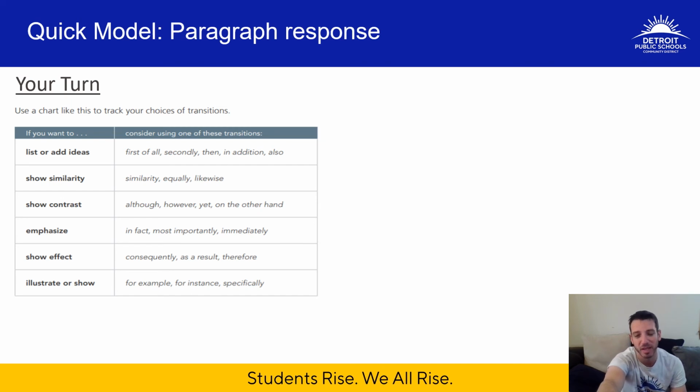You don't have to, but for me, that's an easy way to double check and make sure it truly is a transition word or phrase. I also wanted to remind you that not only are you doing this while you're reading or reviewing the launch text, you also have to